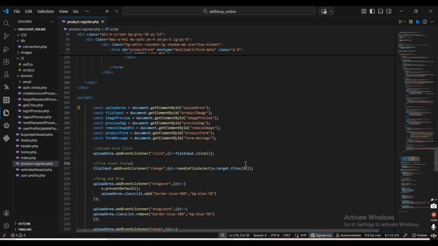Okay. Then here, when the user clicks on the custom upload area, it automatically opens the file selection window. Because the actual file input is hidden, I created a custom design for a better user interface. So I connected the upload area to the file input. This makes the user experience more professional and interactive. And here,